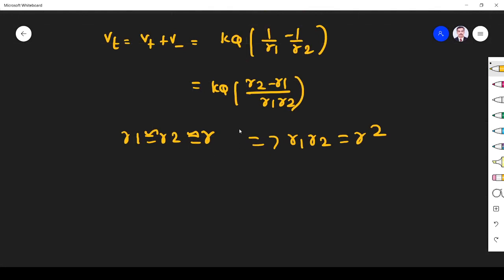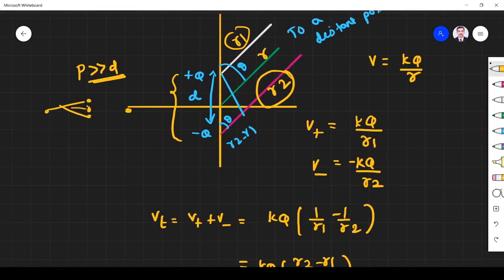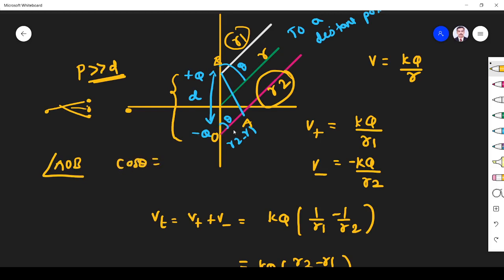The next thing we have to find is R2 minus R1. See, from the diagram you see this is forming one triangle, that is O A B forms one triangle, right? So AOB forms one triangle. In that you see cos theta. If you take cos theta, what happens? Cos theta is adjacent side over hypotenuse. This length is R1, this length is R2, means the gap is R2 minus R1. So adjacent is R2 minus R1 divided by hypotenuse D. This implies R2 minus R1 is equal to D cos theta.